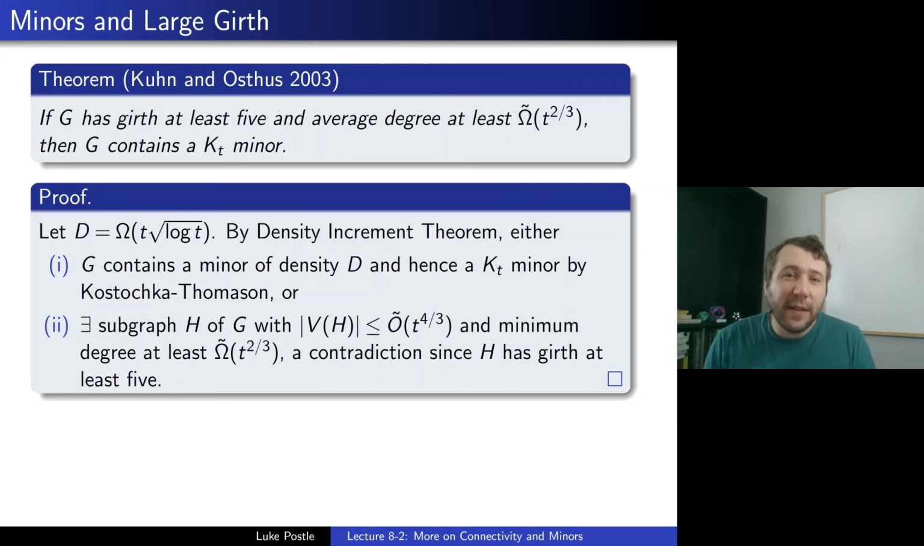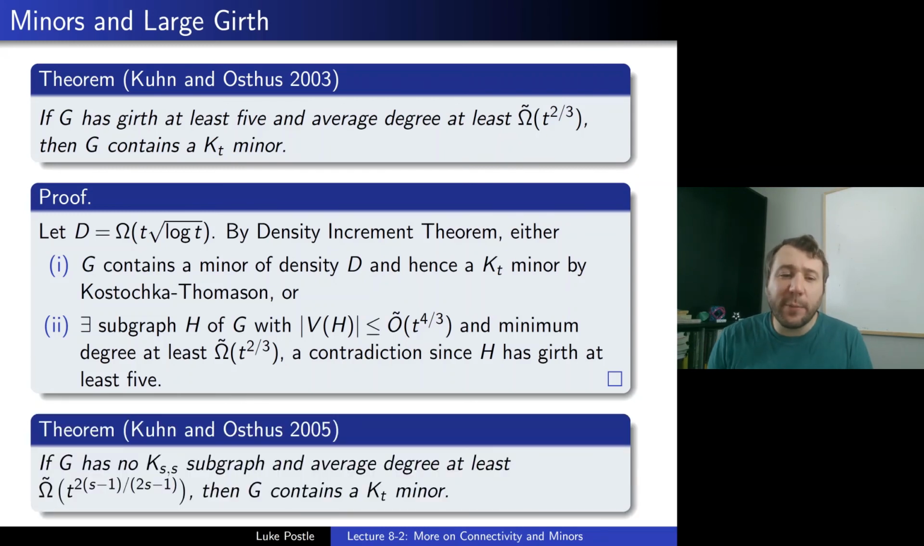So that's maybe a nicer way to think about their theorem fitting in the context of this density increment theorem. In a similar vein, they proved that if G has no K_{s,s} subgraph and average degree at least some function here, then G contains a K_t minor. So the first theorem is if you exclude K_{2,t}, really a C4 subgraph, also C3, but that turns out not to be important. But more generally, if you're willing to exclude K_{s,s} subgraphs, then it turns out that you can have